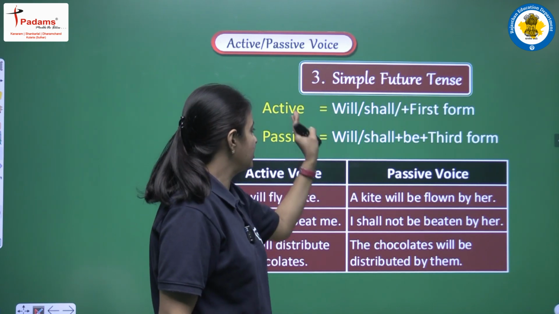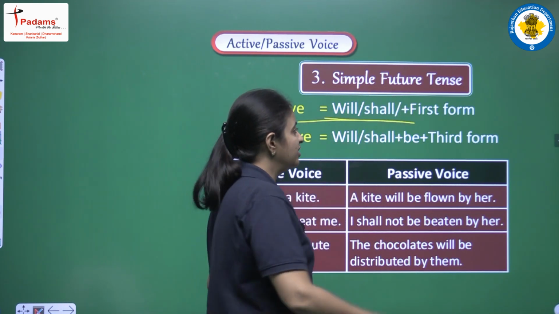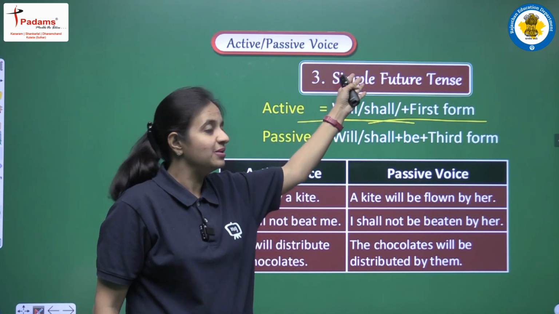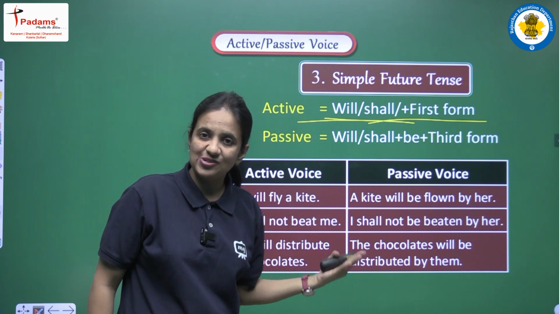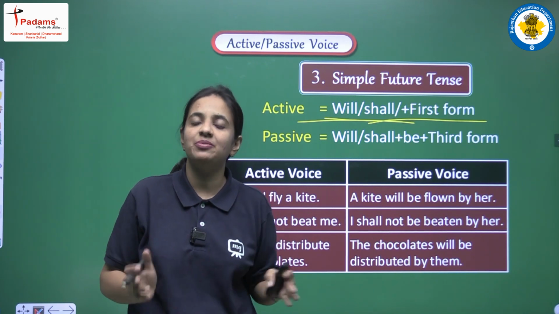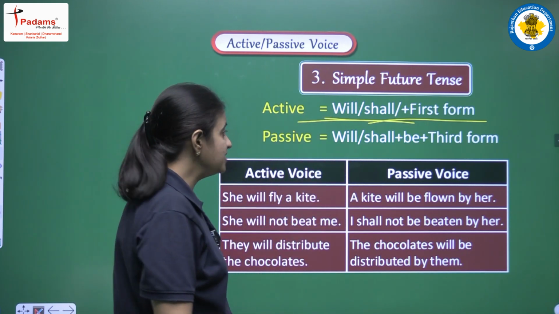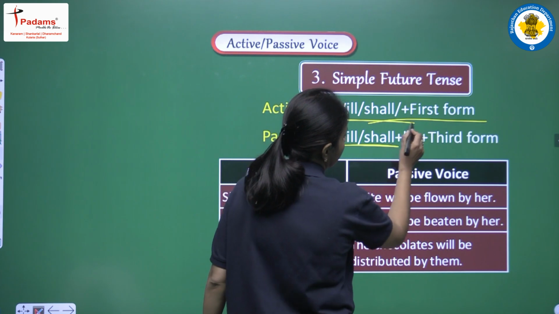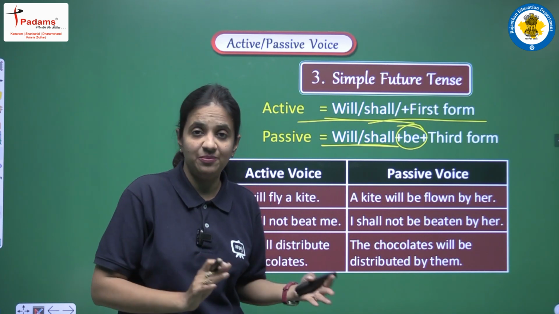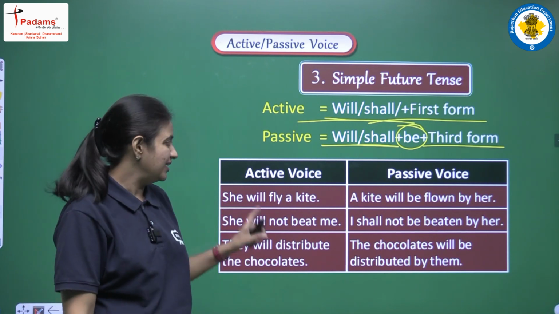Okay. Next we are having simple future tense. So let's see, first of all, in active voice what will we get? We will be having two helping verbs, will or shall, and with that there will be the first form of the main verb. So these are the rules related to simple future tense. So if will or shall is the helping verb and along with that we have the first form of the main verb, it means we are having future simple tense. If we are having future simple tense, then what helping verbs will be there in passive voice? At that time with will or shall we have to add be. It means we have to use will be or shall be along with the third form of the main verb, that is mandatory actually. So let's see some examples.